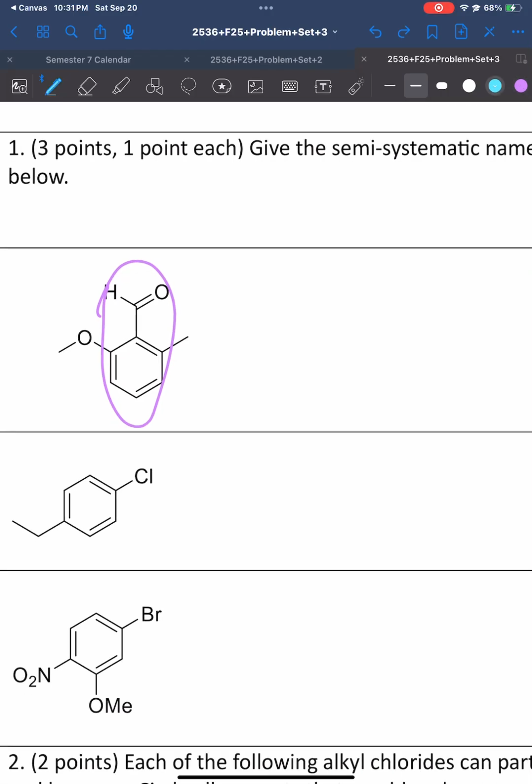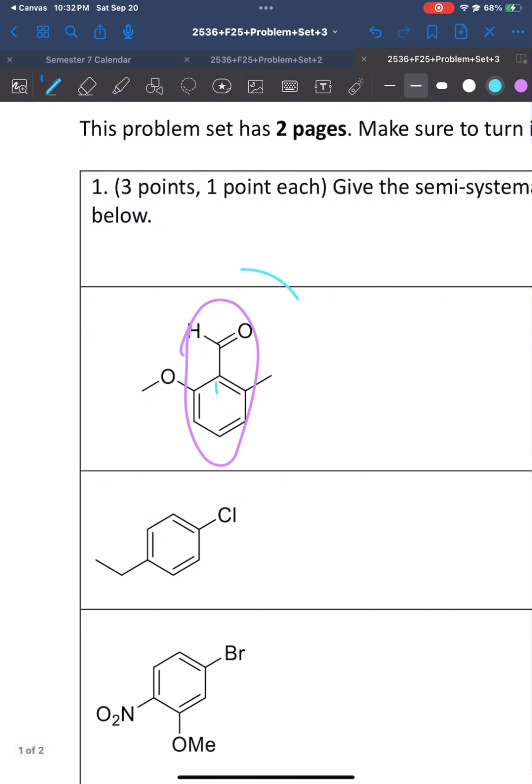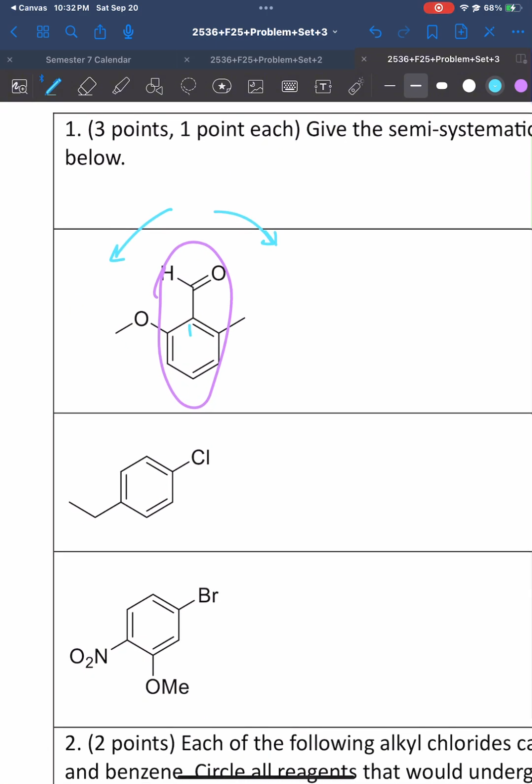carbon number 1. Now we have a little bit of a conundrum. We can either name going to the right or we can name going to the left. And no matter what we do, it's going to end up with a 1, 2, 6 naming pattern. So the next thing we must look at here, because the patterns are the same, is going to be